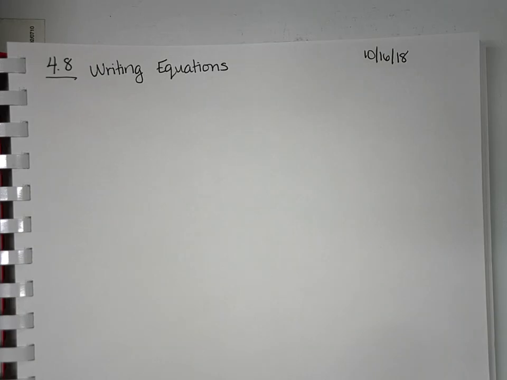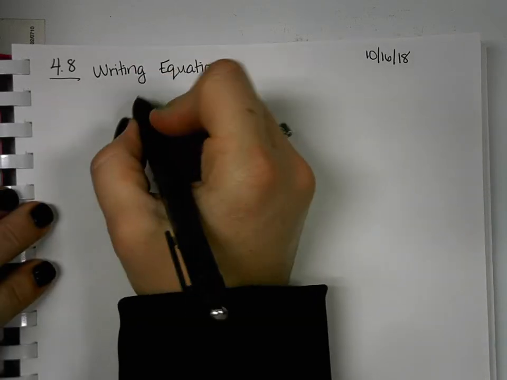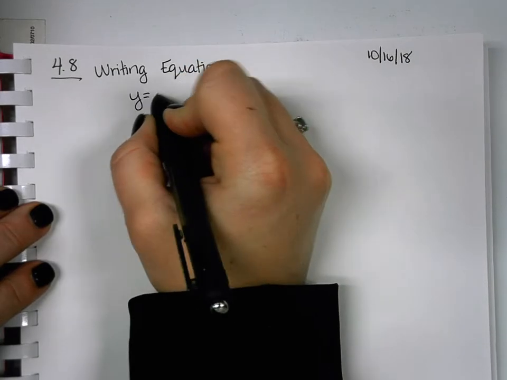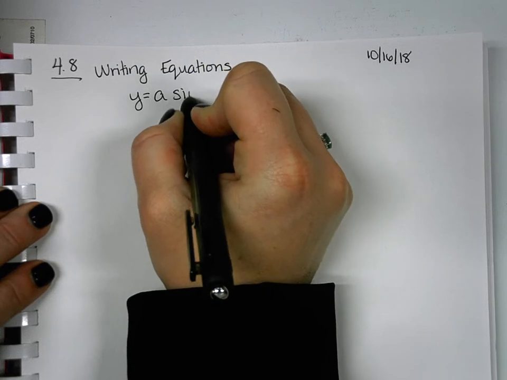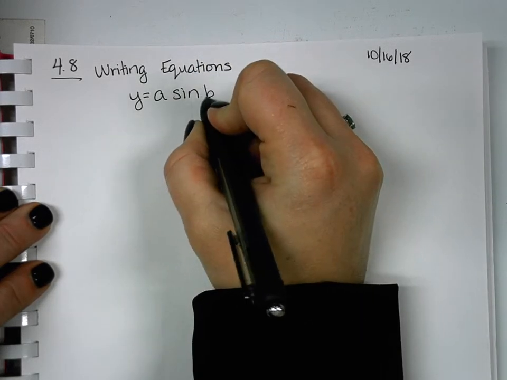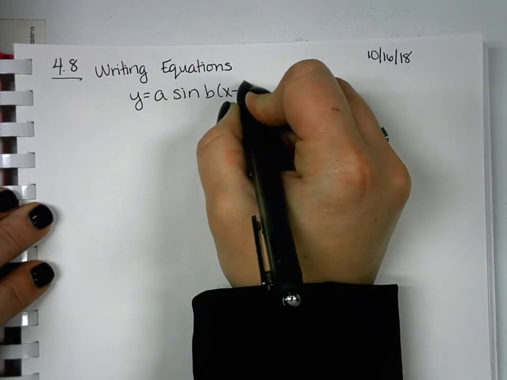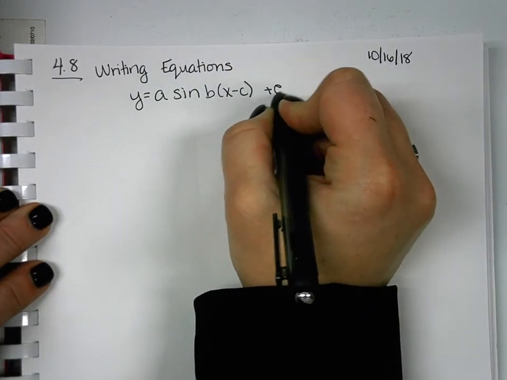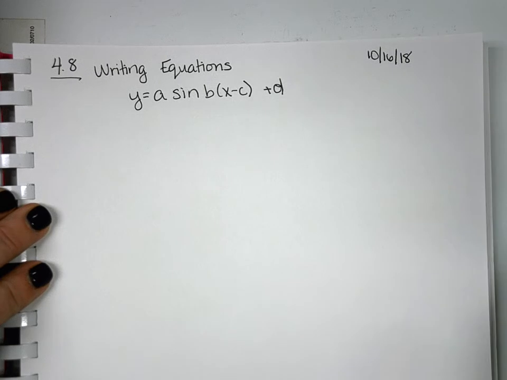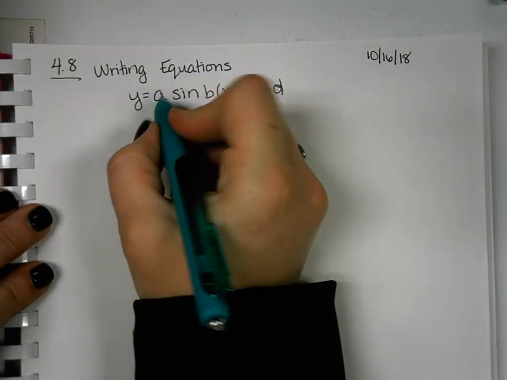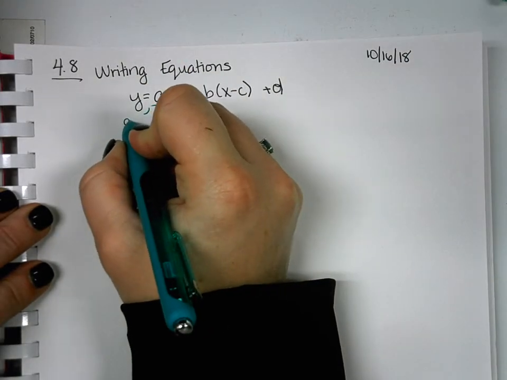Alright, so tonight we're going to be working backwards, looking at writing an equation of a graph based on what a graph looks like. So to start off, the generic formula for all of our trig graphs is something like this, where A was our amplitude,